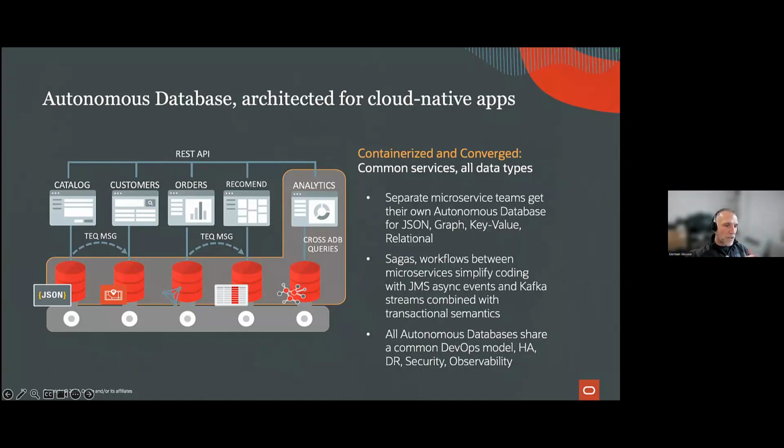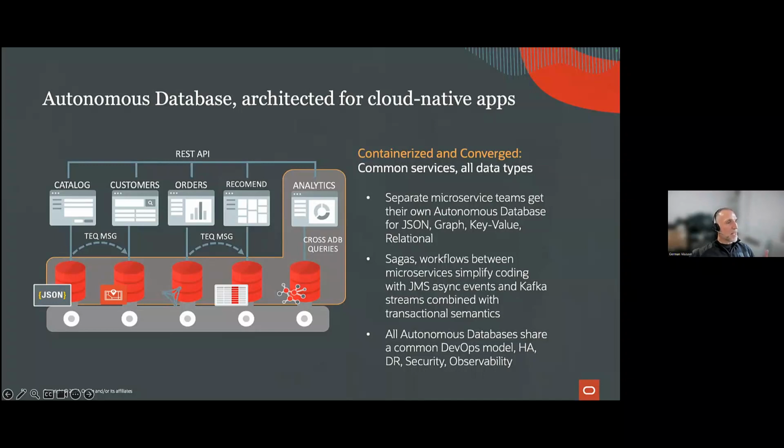So, Autonomous Database is using this pluggable architecture. And Autonomous Database is also using the converged database. As you can see there in those cylinders in this slide, you can have different database instances supporting different microservices or different applications, if you want, with different data types, which are convenient for a specific microservice. But you have the same underlying architecture. You deal with security in the same way. You deal with maintenance in the same way. So you don't have to have different expertise for different kinds of databases.